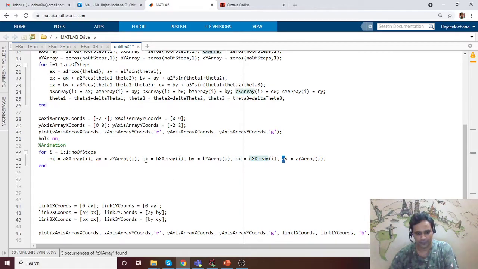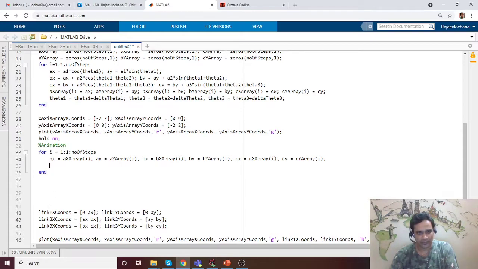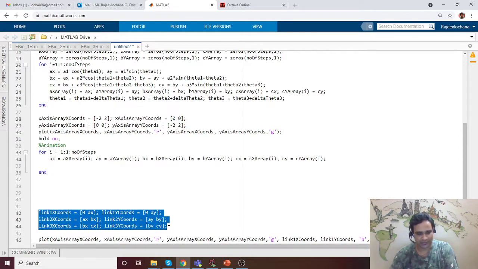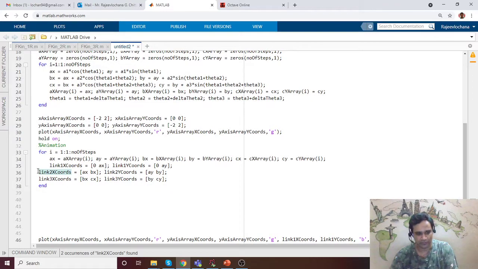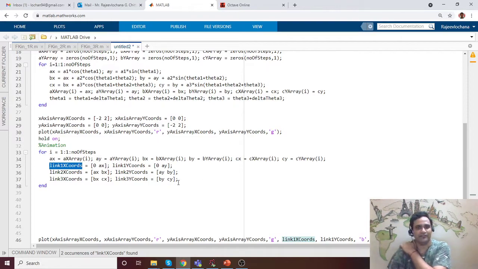Now the rest of the code I'll try to use as it is, because we have defined the variables, so it will not throw an error. So we have the first link go from 0 0 to ax ay, the second link will go from ax ay to bx by, and the third link will go from bx by to cx cy.